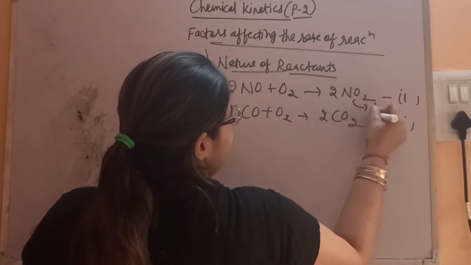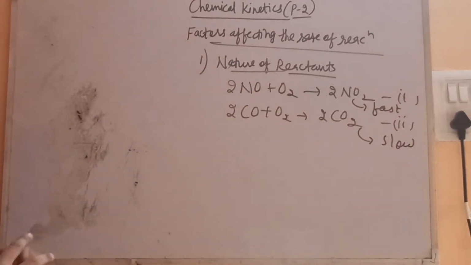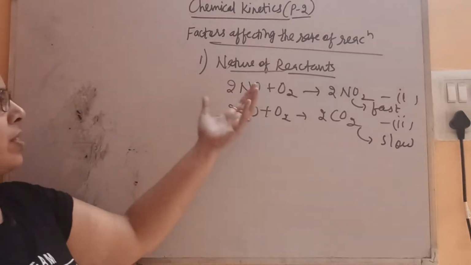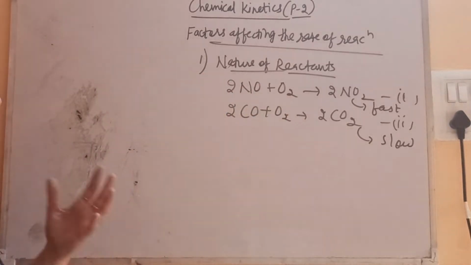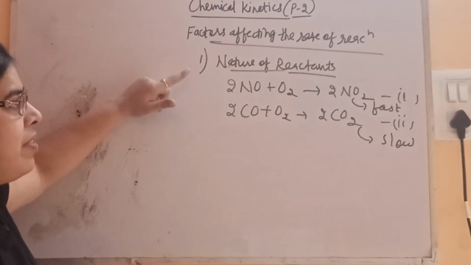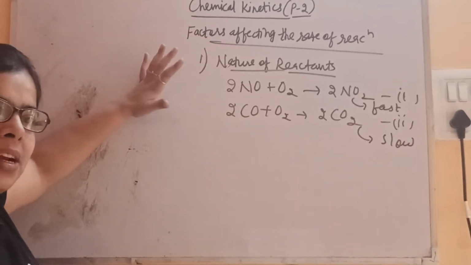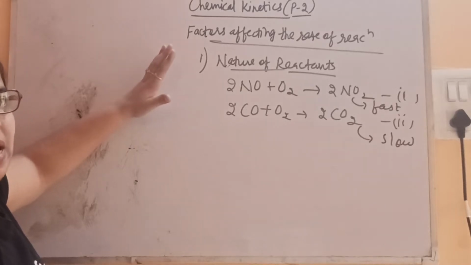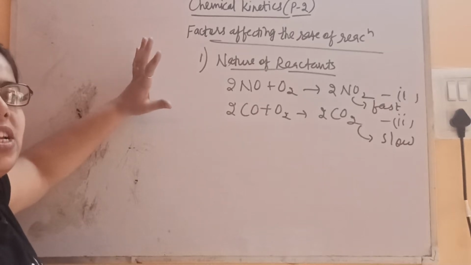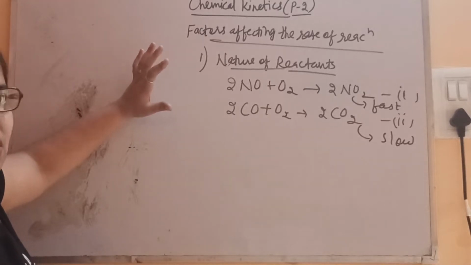Okay, first reaction is the fast one and the second is slow. So that's why, see, both the reactions look similar, because the products are similar. Here also we are getting the oxide of nitrogen, here we are getting the oxide of carbon. So nature of the reactant is different, but reactions look similar. But see, one is fast, one is slow. Why? Because the reactants are different. If reactants are different, it means the bond breaking and the bond making process is different. It means different amounts of energies are involved here. So that's why rate of reaction will be different for these kind of reactions.